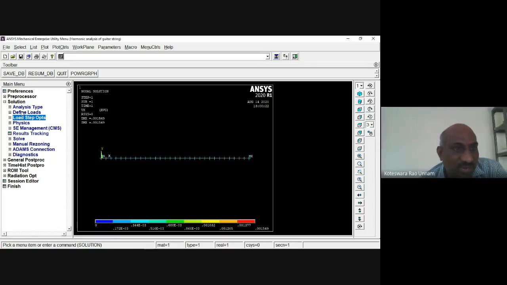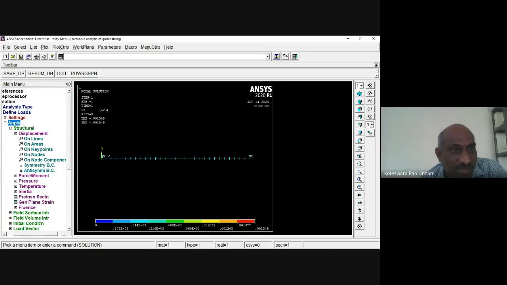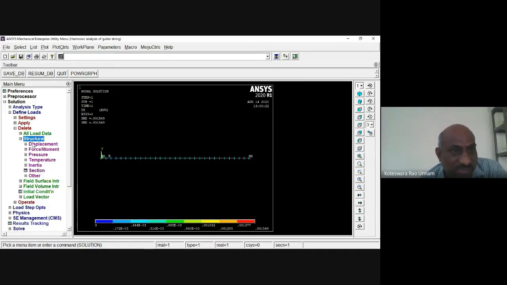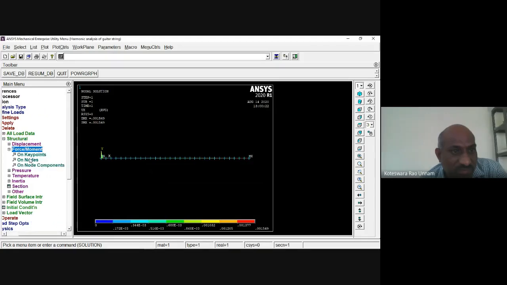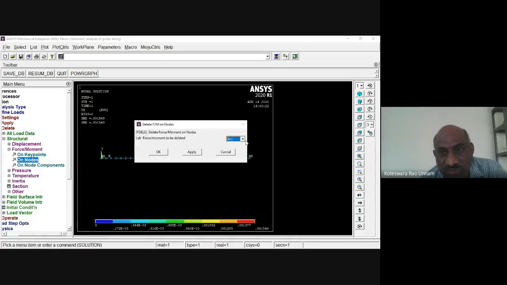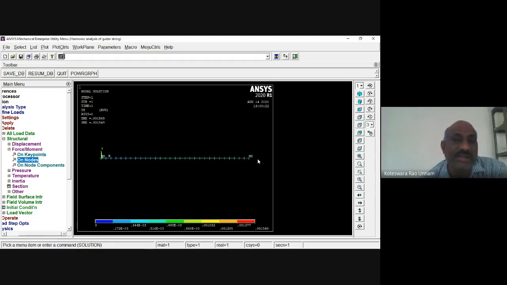So for that I'll go to define loads, sorry, not apply, first I'll delete the load, delete structural force on nodes. I'll select this last node where I applied the force. I'll delete the force in the x direction. So this force is deleted.